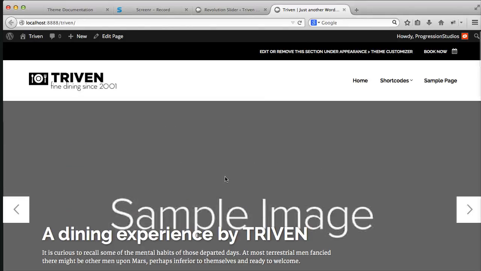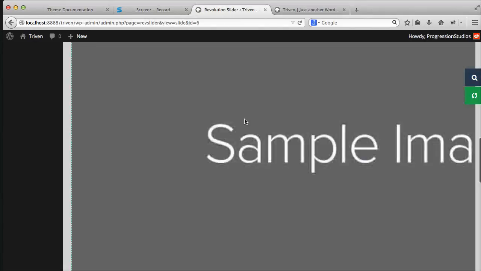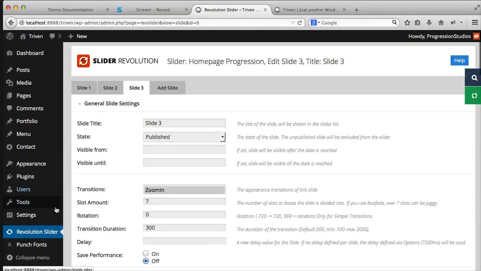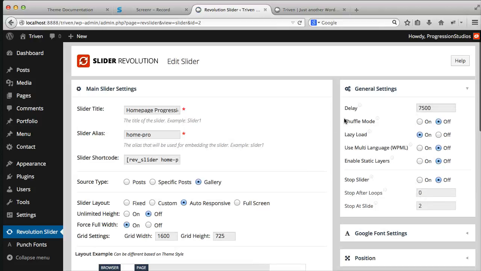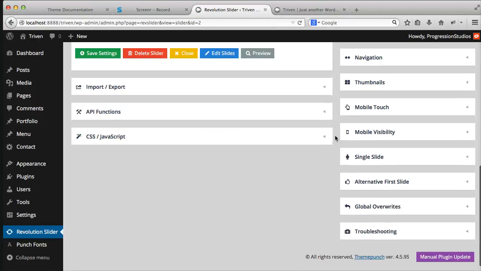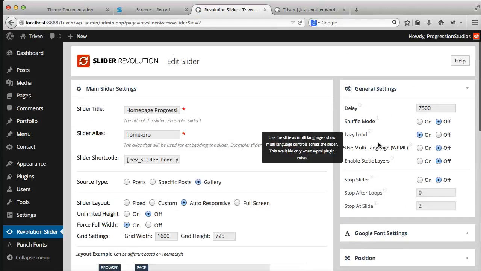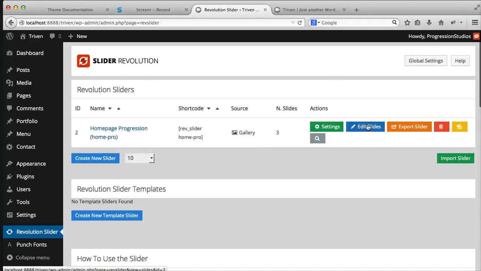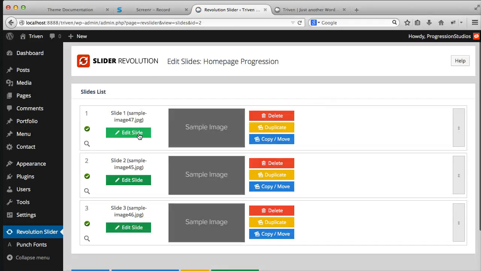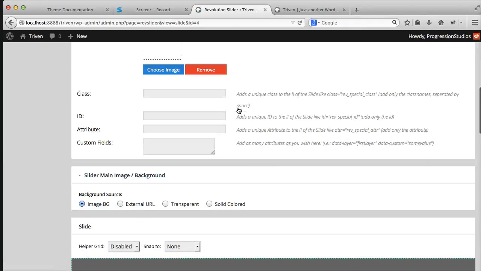And let's go over how to edit this a little bit. So again, under Revolution Slider, there's main settings, and then you can edit things like how long the slides work, all sorts of options. They're all pretty self-explanatory. You can play around with them. But the main thing you'll probably want to edit is the slides themselves. So if you edit a slide, you can